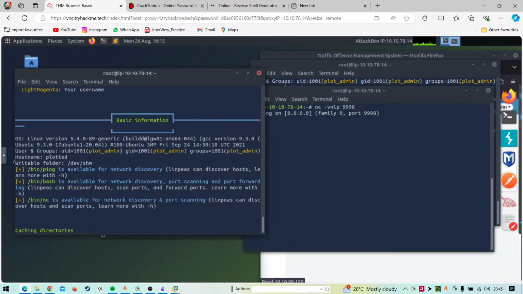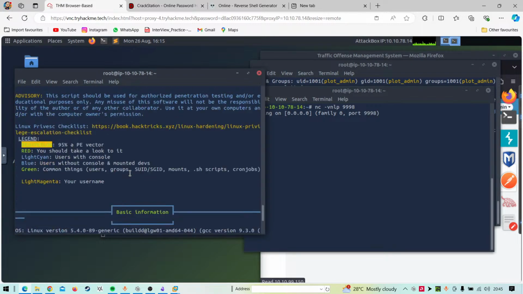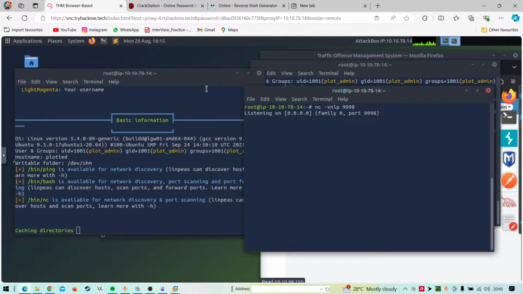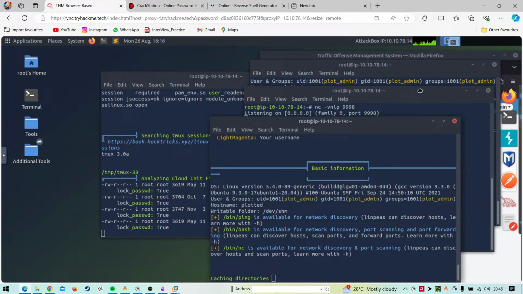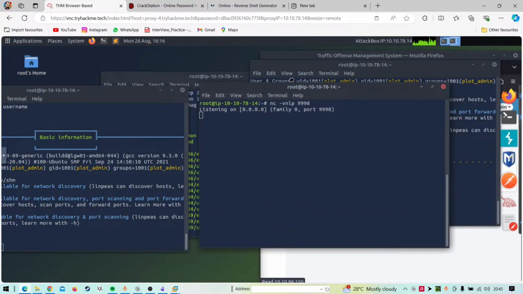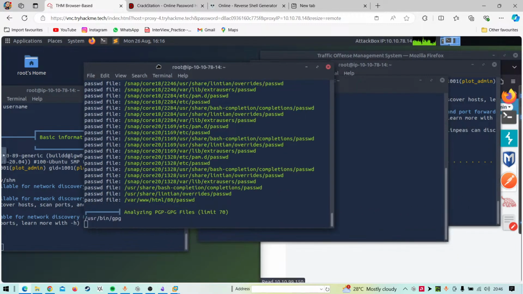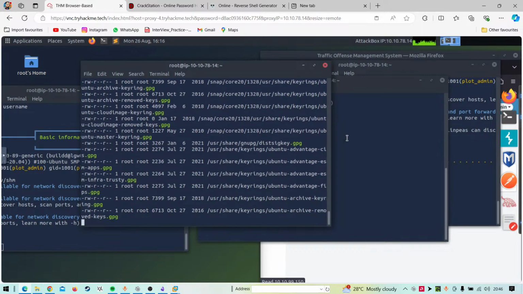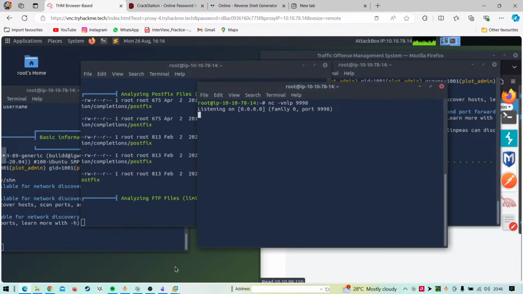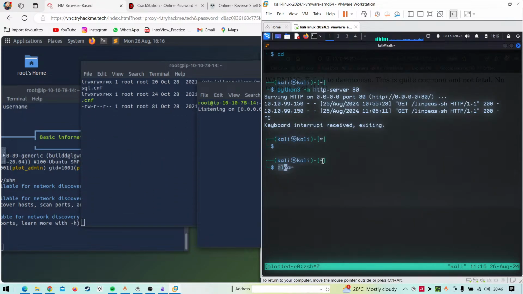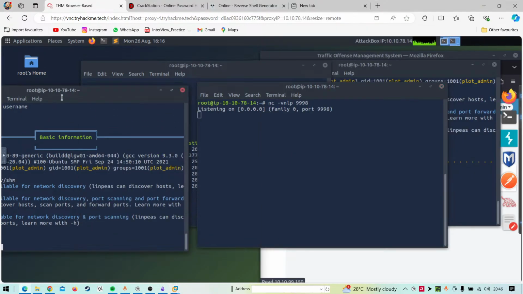Yeah, it is bugged somehow. I'm not even getting a reverse shell. Okay, no issues, we'll figure out some way.